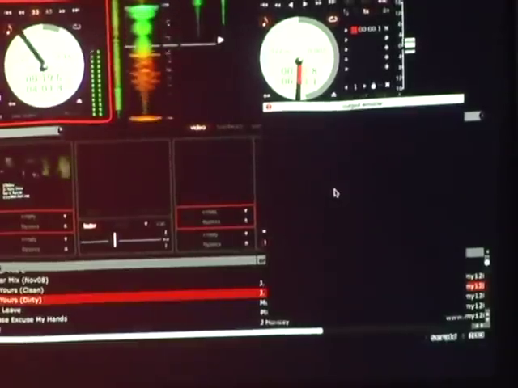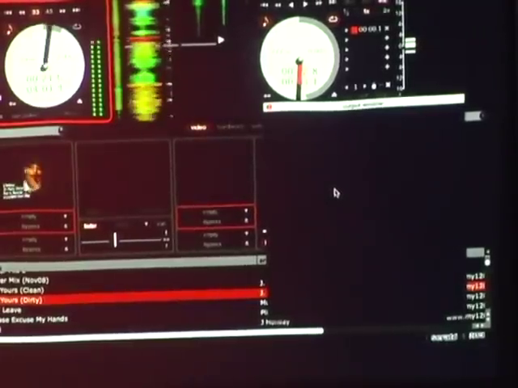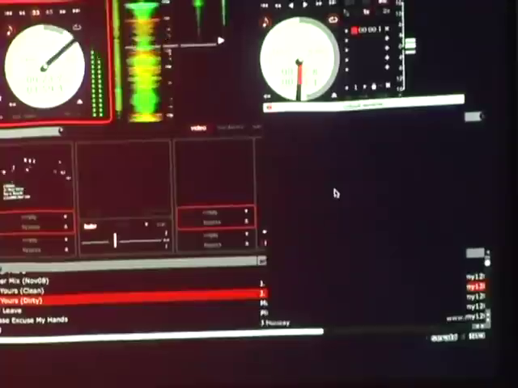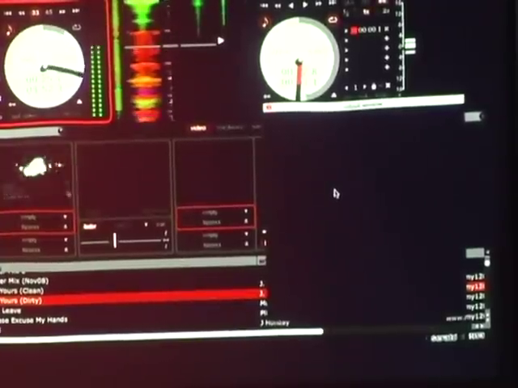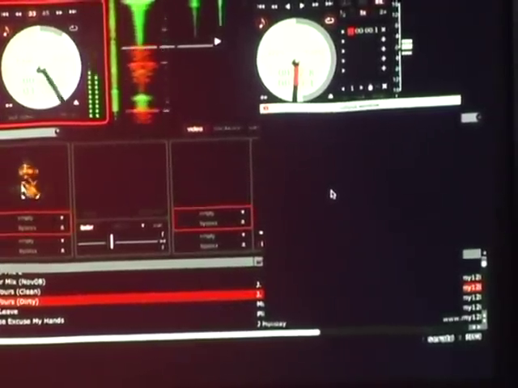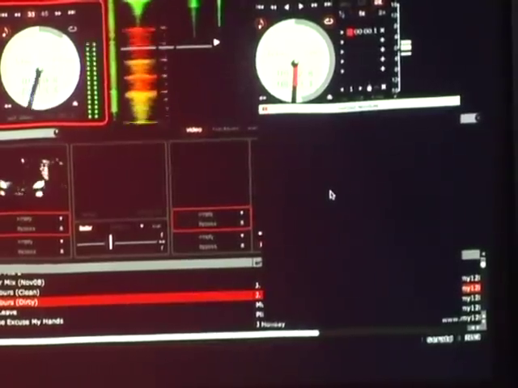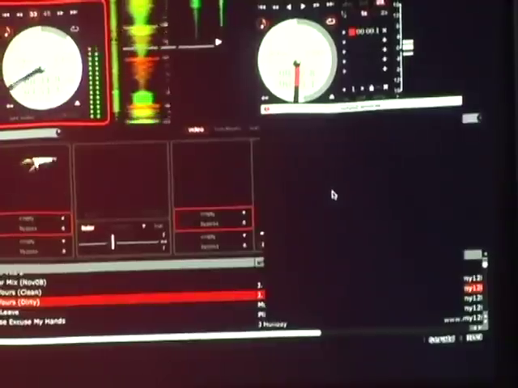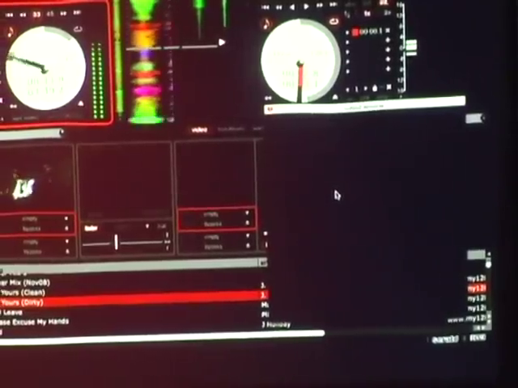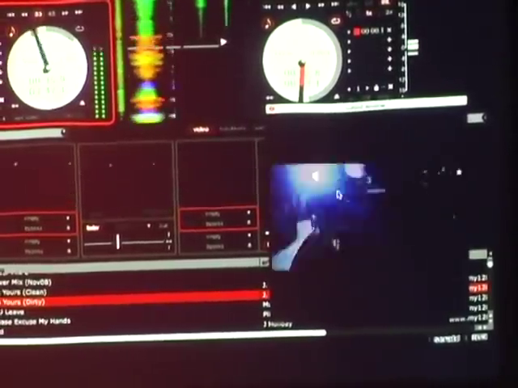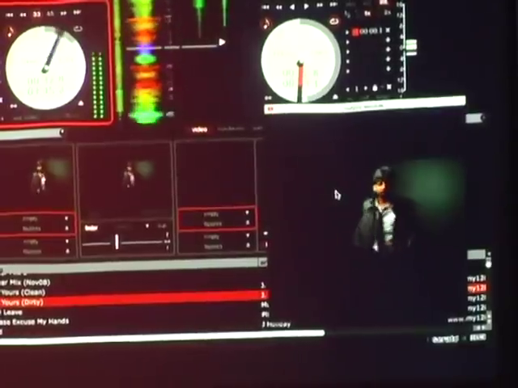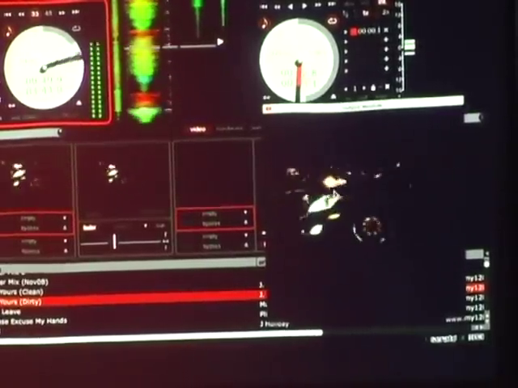right here. If you don't have the 57 or you don't have a MIDI mixer, you'll have to do it from a MIDI controller, right? So you have to map something to do that effect for you. So essentially you have two crossfaders, one for audio here and one for video here. So the 57 is definitely going to give you ultimate control when it comes to using Video SL and Scratch